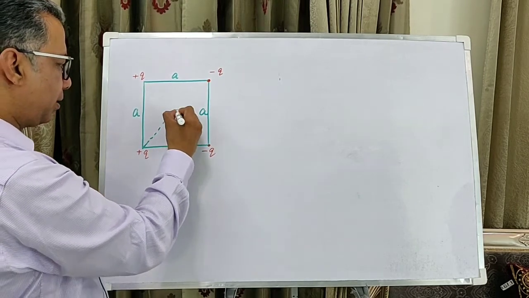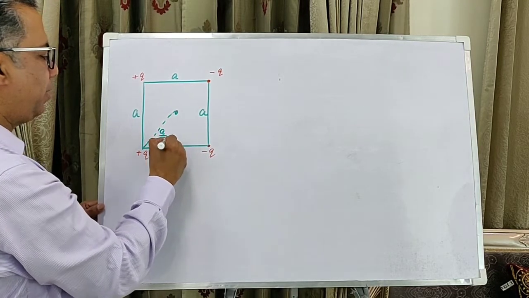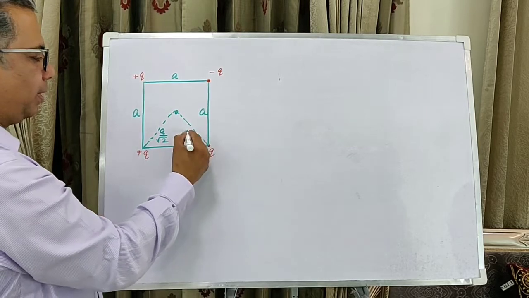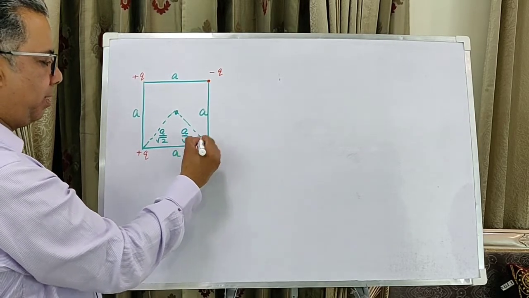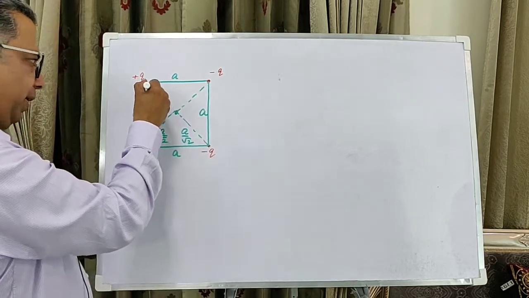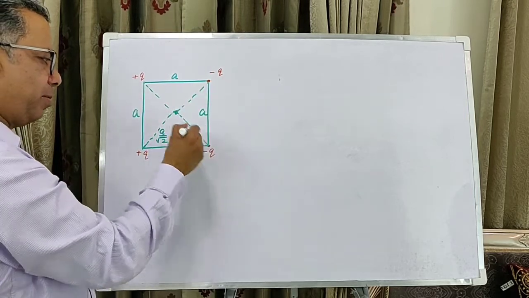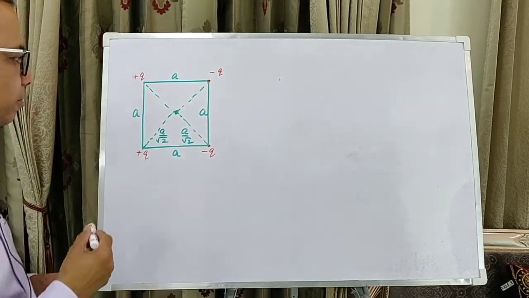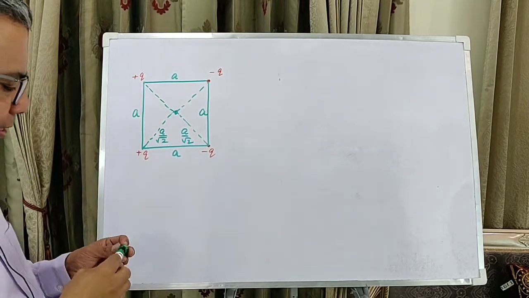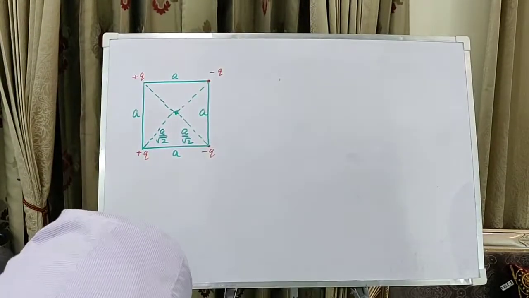So this distance is A by root 2, and similarly this distance would also be A by root 2, and the same here and here as well. At this point, we'll be calculating the electric fields due to all the individual charges,